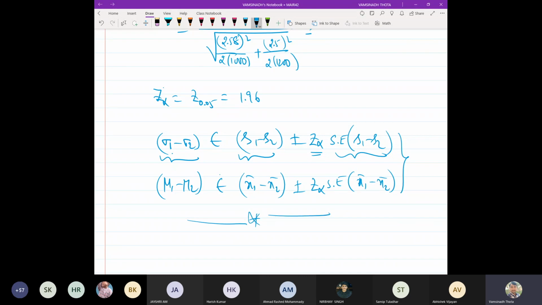If you have any doubts, you are welcome. Otherwise, we'll close the session. Today we have successfully completed the large sample theory. From tomorrow, we are going to see the small sample theory, where there will be a little variation, meaning we have to follow different approximations. That's all. If you have any doubts, you are welcome. Thank you.